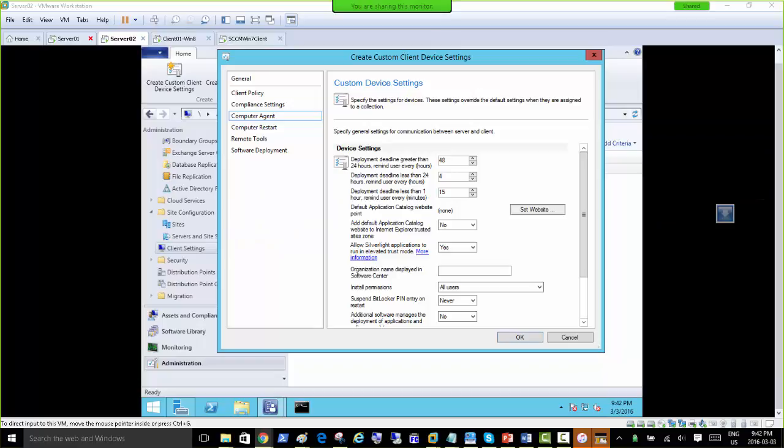So I created some screenshots from best practices from Microsoft. Remember we added a web catalog role just a few minutes ago. So for that web catalog role, this client software, SCCM software, when it reaches Windows 7, Windows 8 machines, it's going to tell those machines who's offering your application catalog website point. So our server 2 is offering that, right? So I'm gonna click this set website,